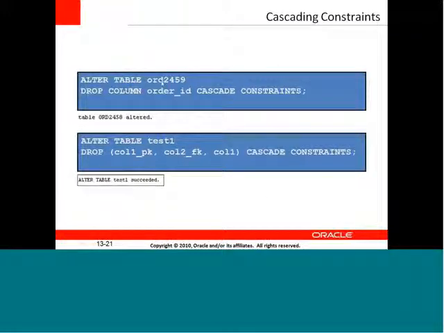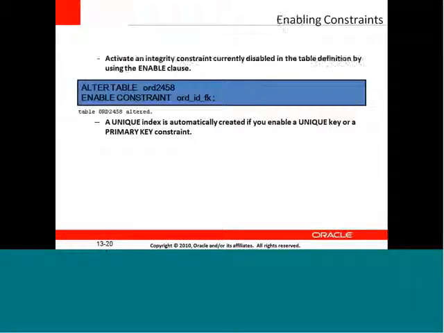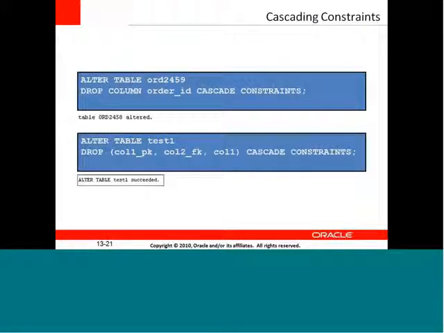Now this is one such example. Alter table name, drop column, the column name is mentioned, cascade constraint. Now if you can go back, this is relating to the constraint for the column, for the key, whatever we have applied. The same thing I'm doing for the column. I'm specifying the column and I'm dropping that column. That column constraint only I'm dropping, which is in a cascade nature. I want to drop it. So I'm doing drop column order ID cascade constraint.